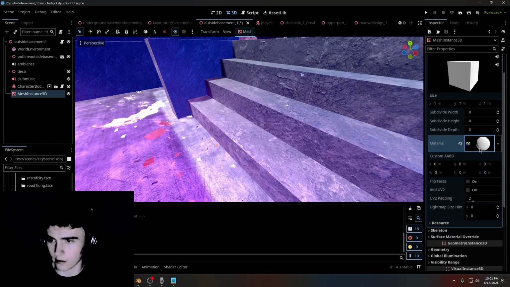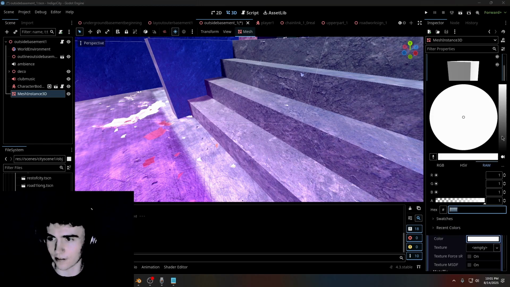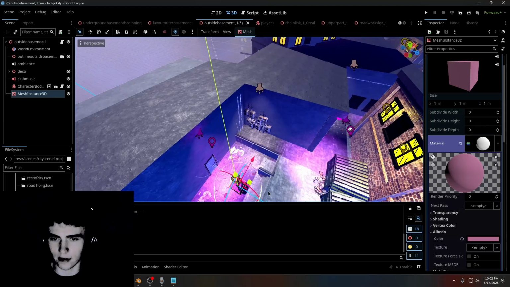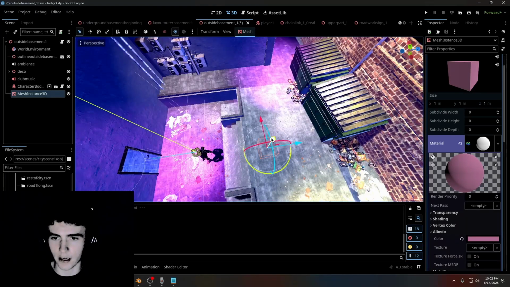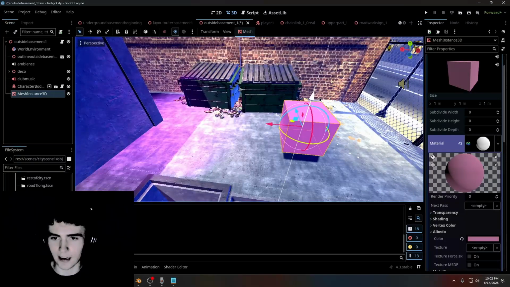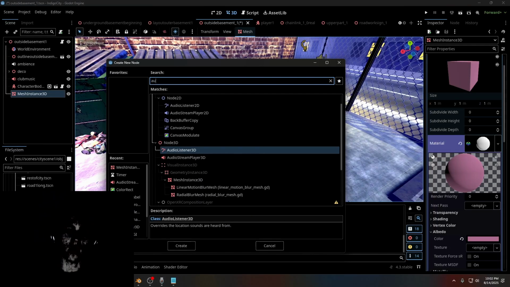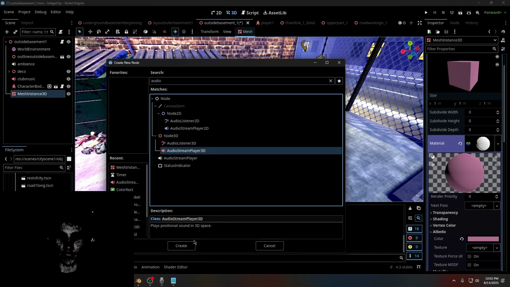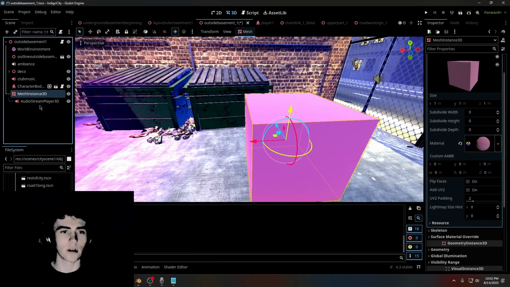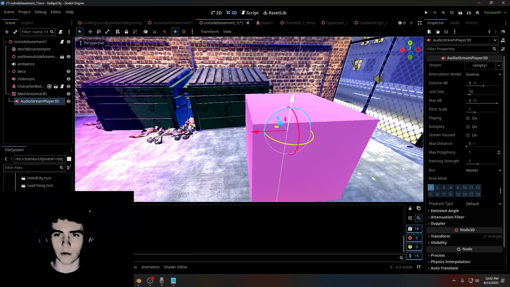Make it green with the material. Whoops, that's not green. That can just have to be that color. Okay, just like that. And then we want it to make noise, so we're gonna add an audio stream player 3D, because we're in 3D. And then once we're here,